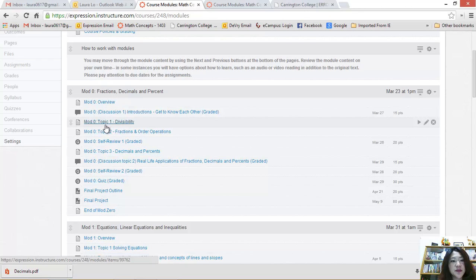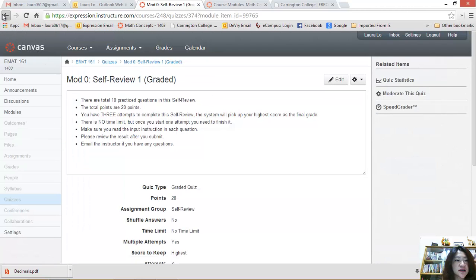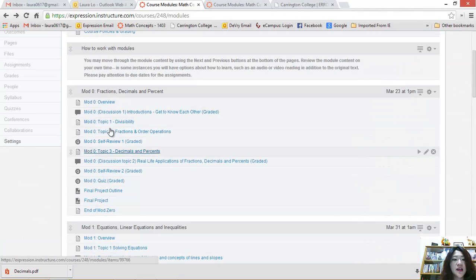Topic 1, divisibility. Topic 2, fraction and order of operations. Topic 3, decimal and percentage. Usually after each topic, you have a self-review. That's kind of like homework to help you evaluate how much you learned from this topic. Okay, I click on that. Let me go back. So after the topic page, you have the self-review to help you evaluate